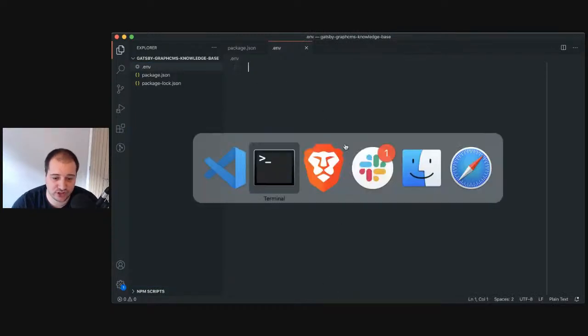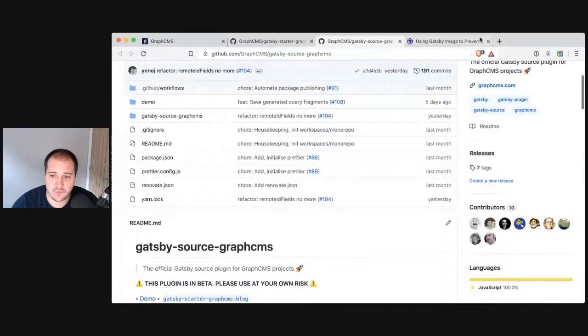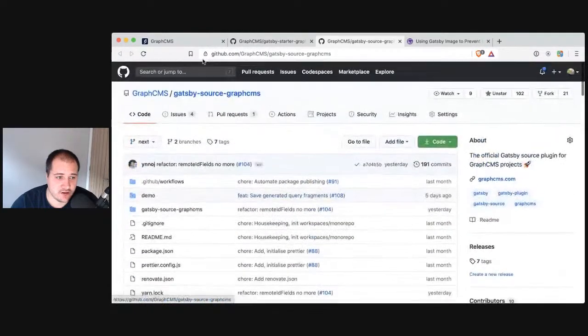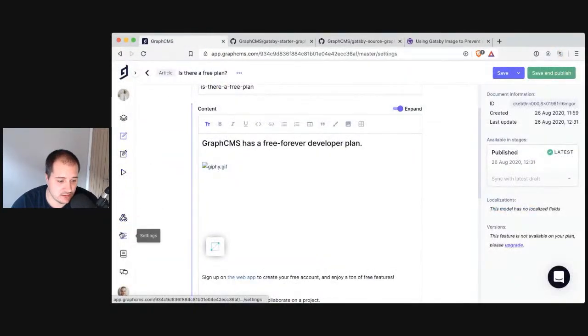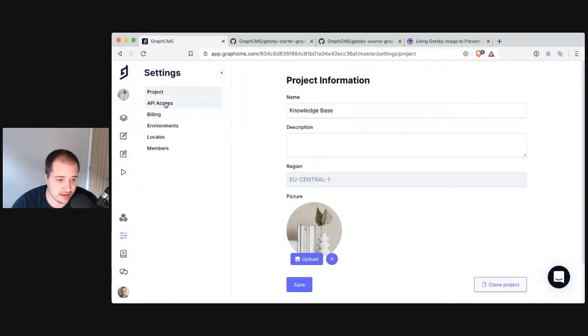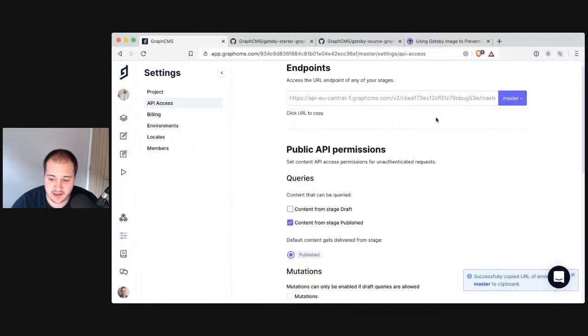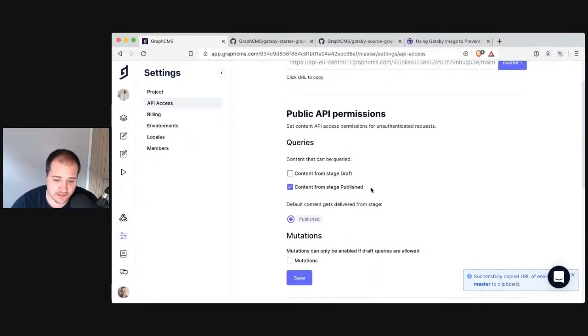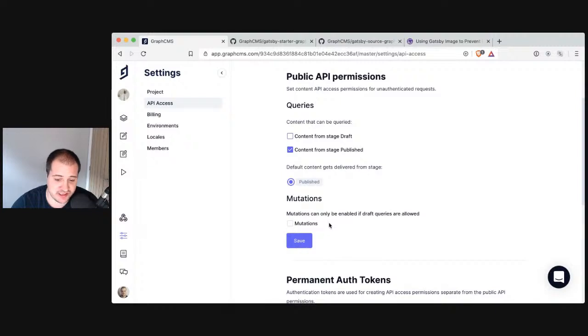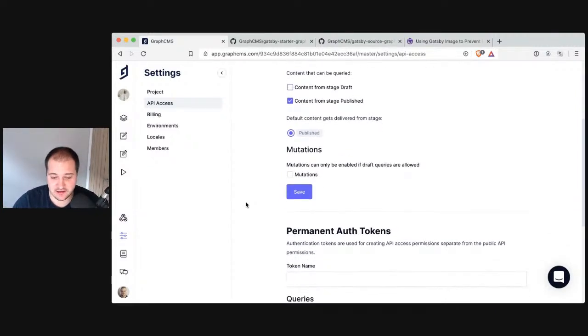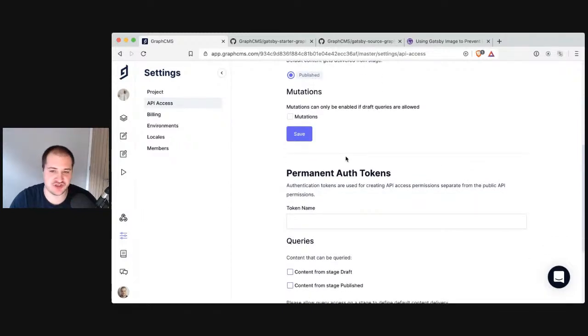And I'm going to grab these now just so we have them. Let's have a look at GraphCMS settings. I'll open the side panel here, API access, and this is the endpoint. Here we can see content can be queried from the published stage, and content is automatically delivered from published. We don't have any mutations, so nobody can use this endpoint to submit mutations, because I would suggest creating an auth token and doing that on the server and not allowing people to use that token on the client,